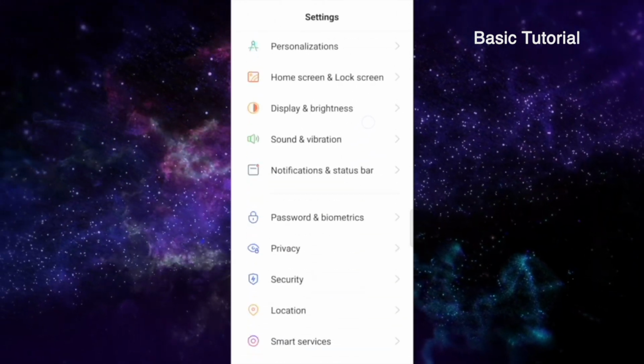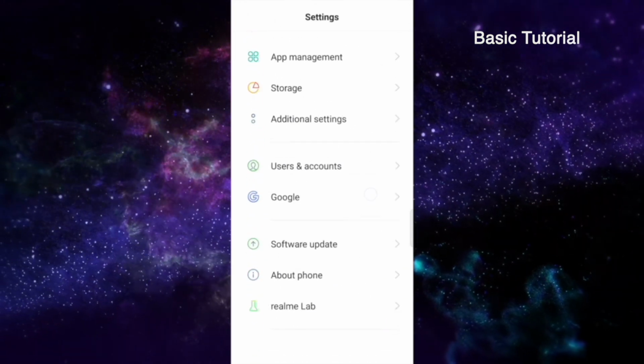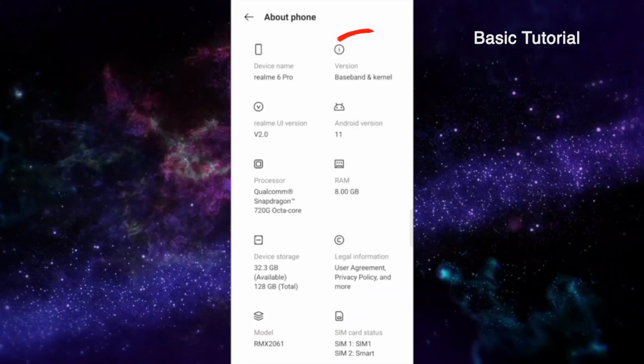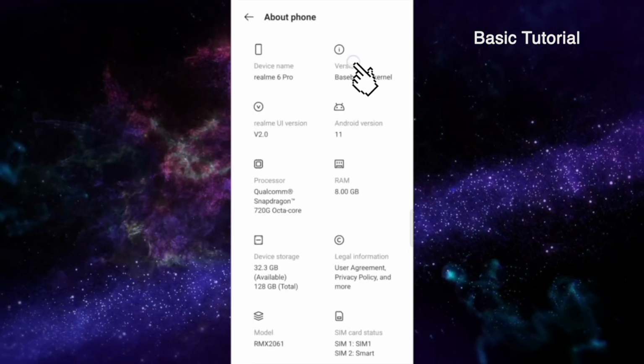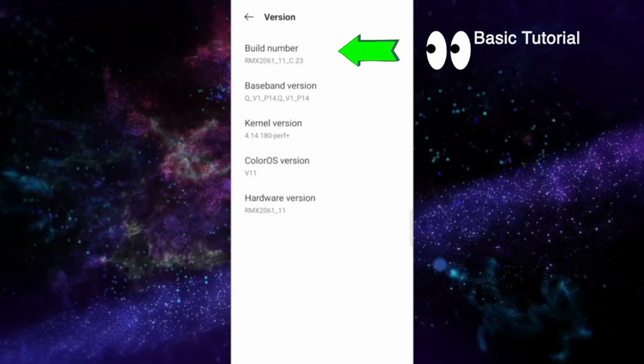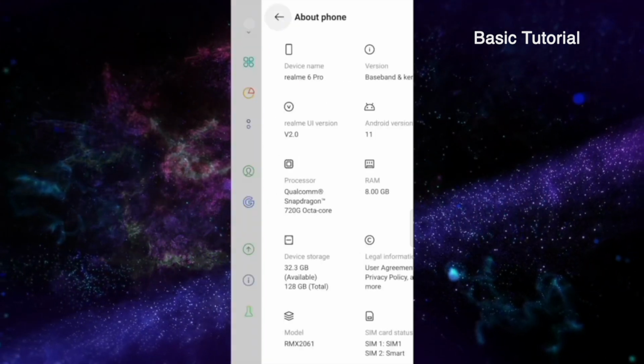and scroll down until you find the About Phone or About Device and then click it. And then click Version and find Build Number. But if you can't find the About Phone or About Device, just go back to the